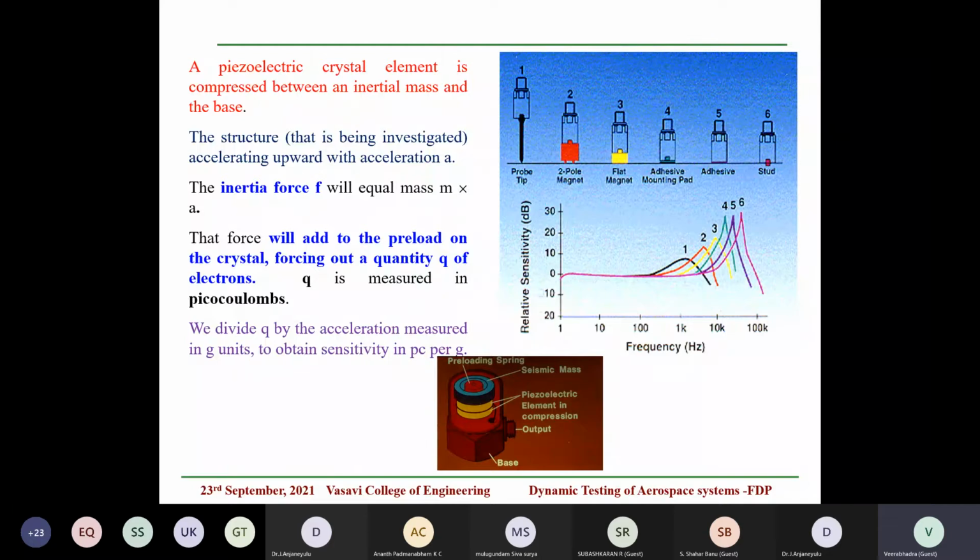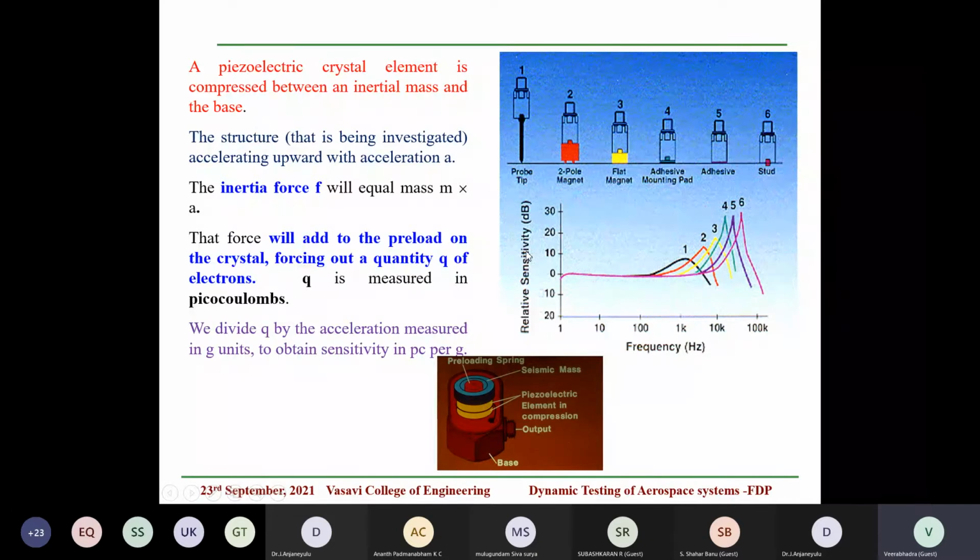Again, the amplitude of vibration or shock will determine the choice. If you are crossing 100 G or so, you are definitely bound to use stud mounting. So adhesive and stud mounting are predominantly used, and in some modal analysis, or in cases where you are not allowed to use even adhesive or stud, you can use magnet based mounting systems. But then your resonance comes down, so you are supposed to use the accelerometer within 5% of its resonance, or 5 to 10%. So appropriately you should choose.